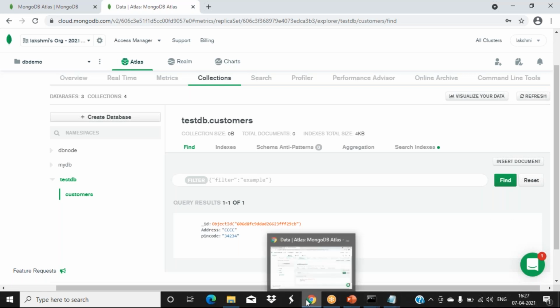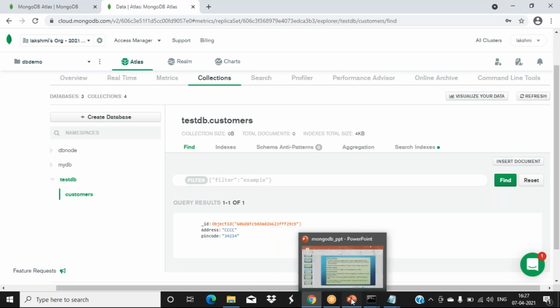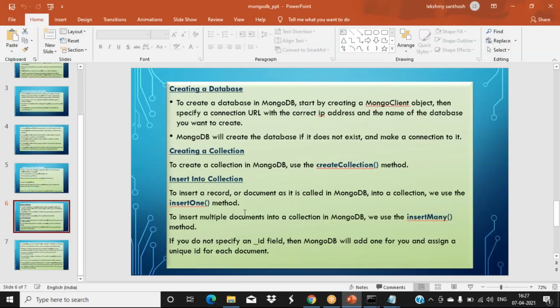So we have an insertOne method, and another method, insertMany. You can identify insertOne by the name only. To insert a single record or a single document, we will use insertOne. At a time, if you want to insert multiple documents, then which one will we use? insertMany. Suppose only a single user is coming or he is newly registering,